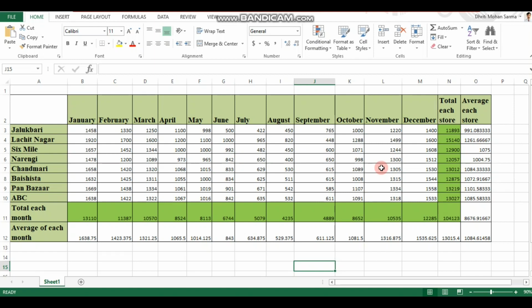Why does this happen? Since I am including these big total figures, they shift the average from the actual average to a higher point, and obviously all this would now come below average. So this is what I want to display here.